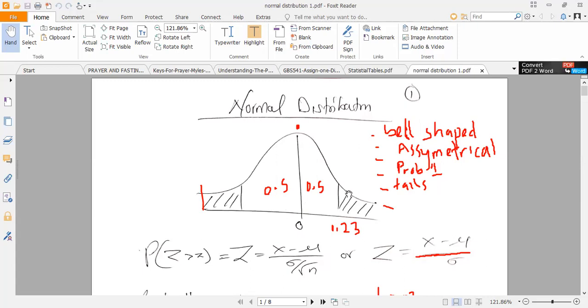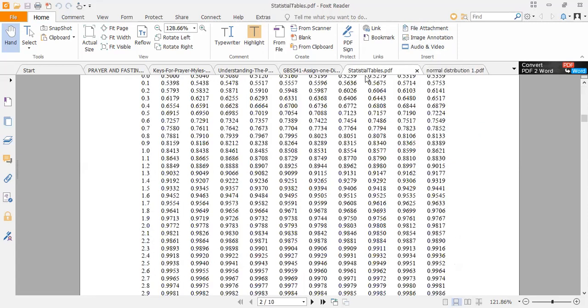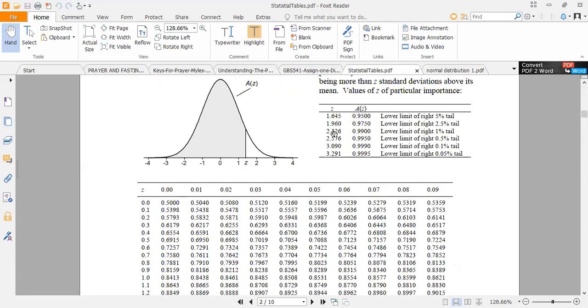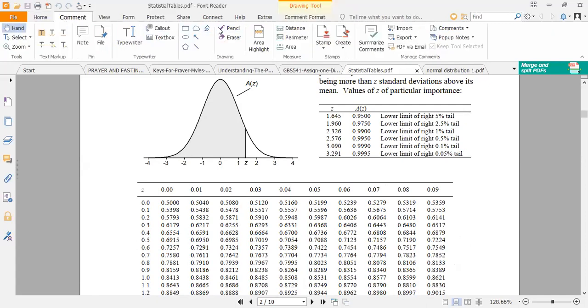Now, the examiner will be specific whenever they're dealing with a normal distribution, because they'll tell you that this follows a normal distribution. And before I go any further, I need to take you to what is called the Z distribution table. The readings in this Z distribution table start from this far end to the last end. So the first thing you need to learn is how to read these normal distribution tables. If you're given the reading of Z